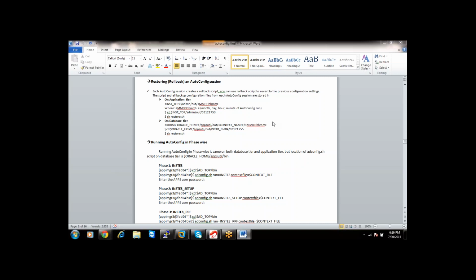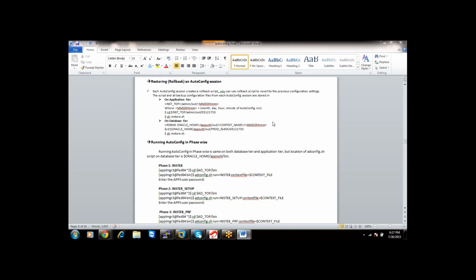By mistake, suppose you forgot to take a backup of a configuration file which you want to copy after running autoconfig. It means there are some configuration level changes you have made in one file.